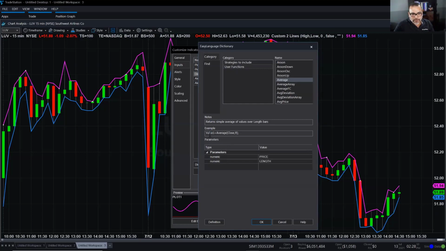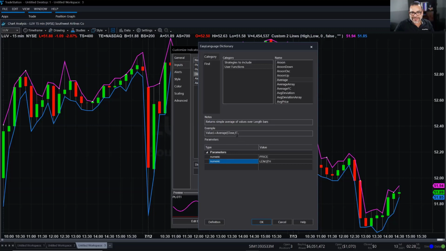used. Of course, over here, there's a value 1 and an equal sign. I'm going to try to ignore that and just look at the word average and what comes right after it. Because average, as you can see right here below, it uses two parameters. It uses the price and a length. And if you look at the two values that are inside parentheses, the price is the close and the length